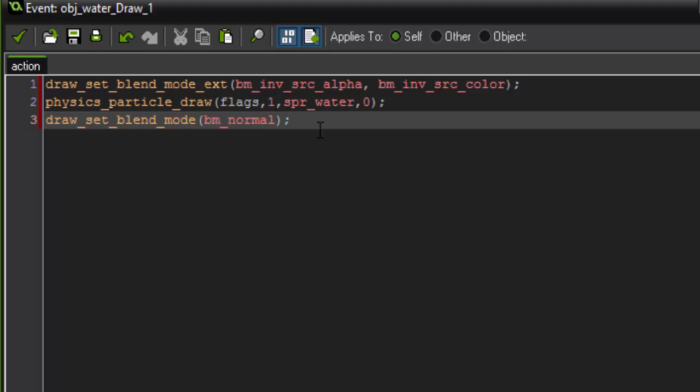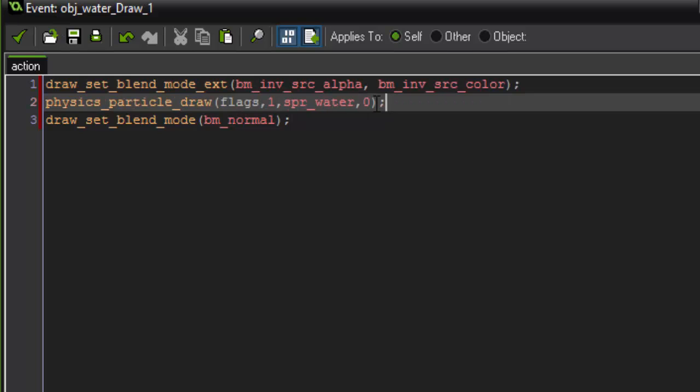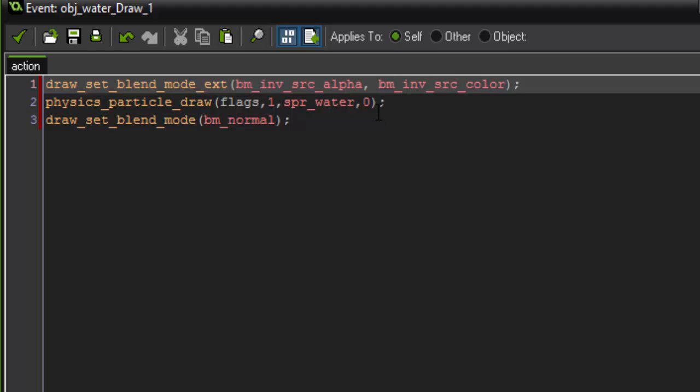Okay, so what this is going to do is, in this first part, this bm_env_source_alpha is going to take the alpha color, which in our case would be the black outline around the sprite, and it's going to remove it. Then it's going to take the opposite of whatever the source color is, and that's what color it's going to display. So after that, it's going to draw our physics particle, and then we want to make sure that we always set blend mode back to bm_normal. If we don't, everything that's being drawn in the room will be affected by this code,